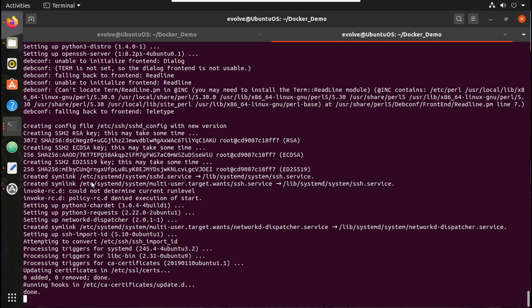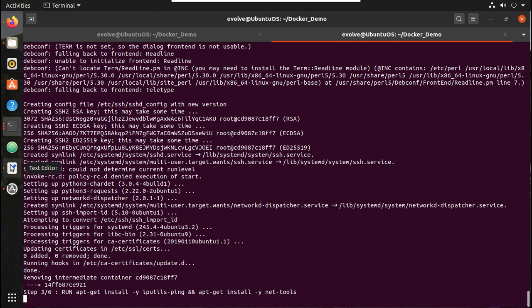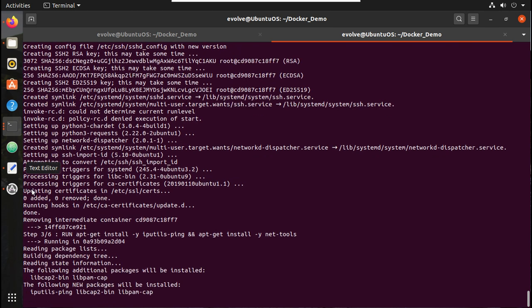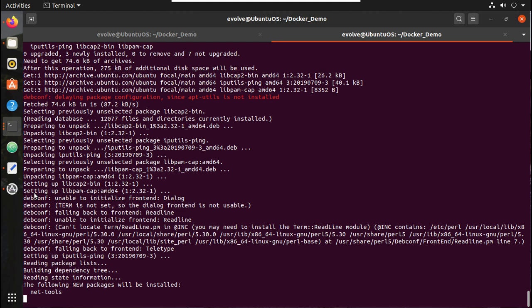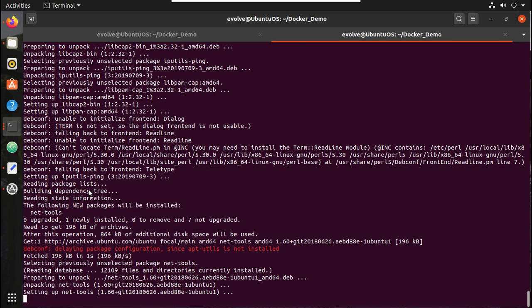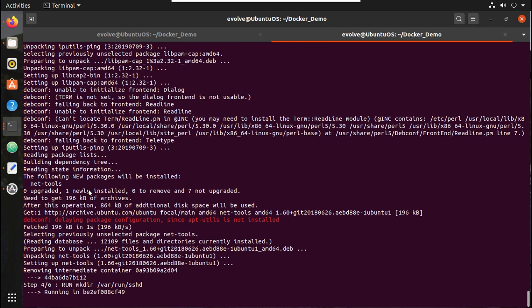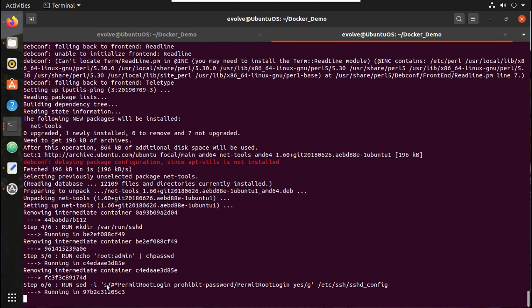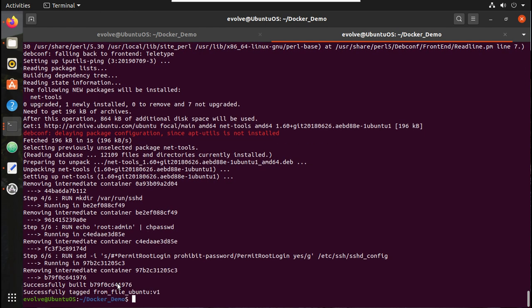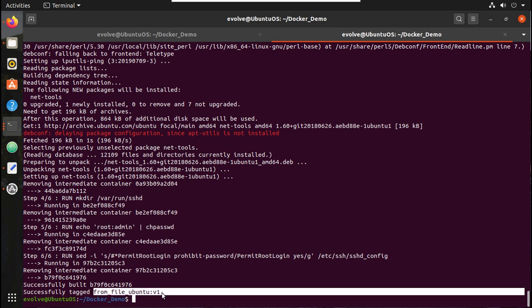Here you can see SSH server installation has been completed. Now it is running another step. It is installing iputils and net-tools, and it is setting the root password, and it edited the file. You can see here it successfully built fromfile Ubuntu 1. The image name is fromfile Ubuntu 1.